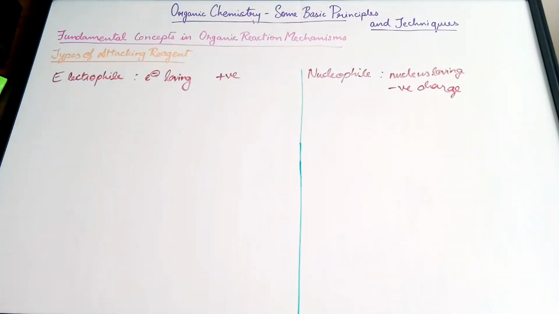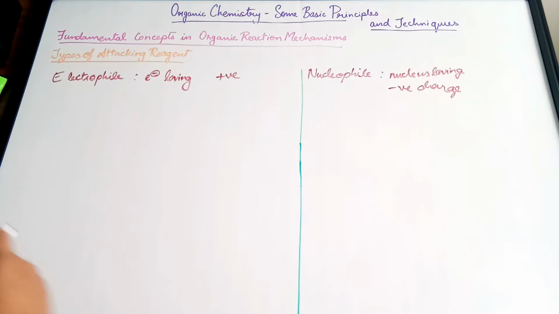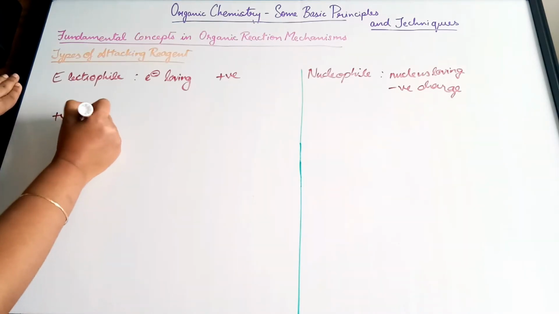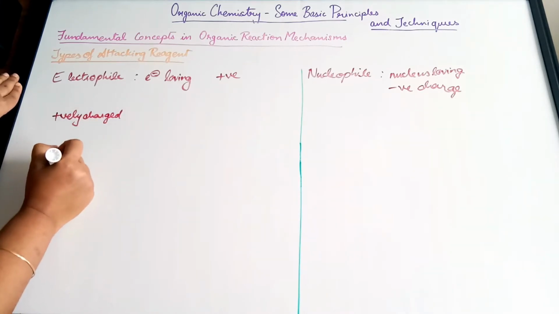So electrophile, electron loving; nucleophile, nucleus loving. Electrophile has a positive charge, nucleophile has a negative charge. So electrophiles attract electrons. So they are either positively charged or they can be a neutral species,